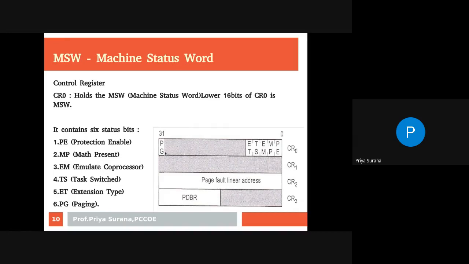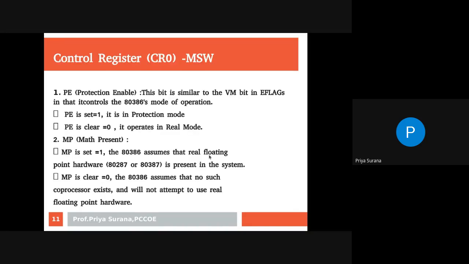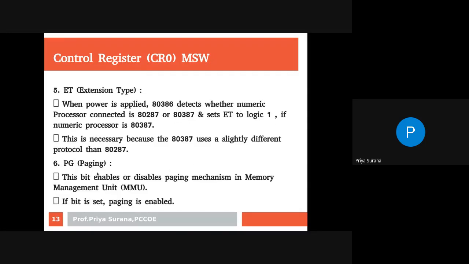As I already discussed, only the first 16 bits are the machine status word. Just look at paging. This bit enables or disables the paging mechanism in the memory management unit, MMU. If the bit is set, paging is enabled. The name itself says this bit is for paging. Is that clear to all?